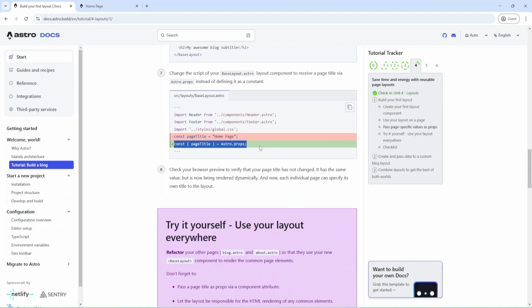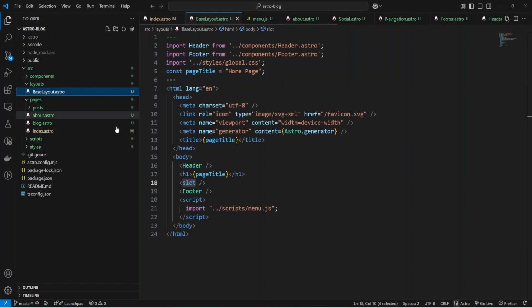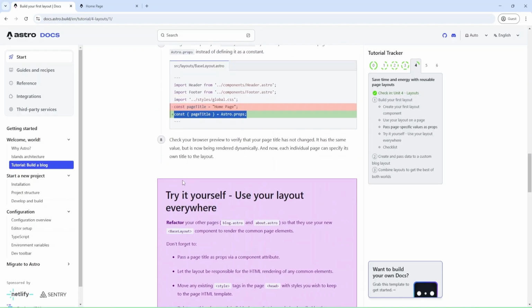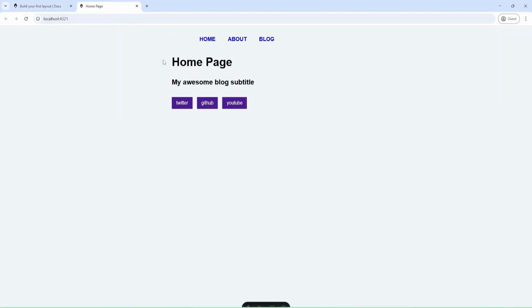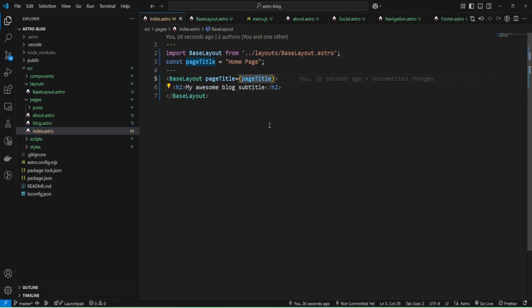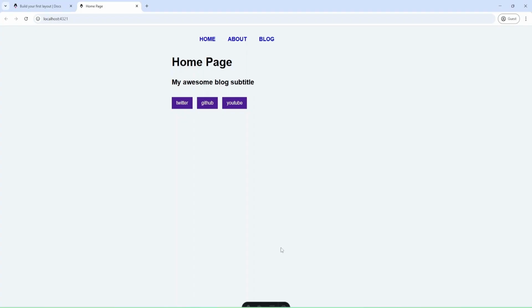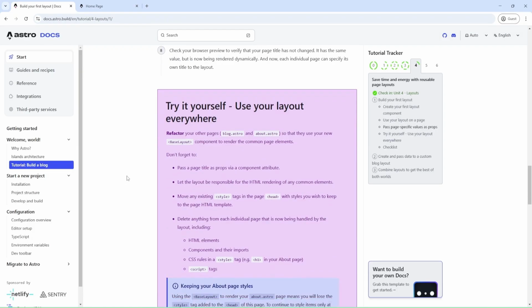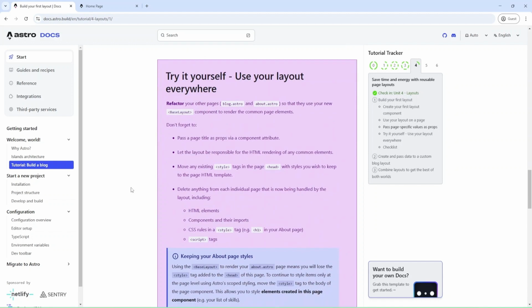Now we can use these props in base layout instead of this const. Okay, check the browser. Nothing changed, but we passed the props from index to base layout. Okay, and let's check what I have next.